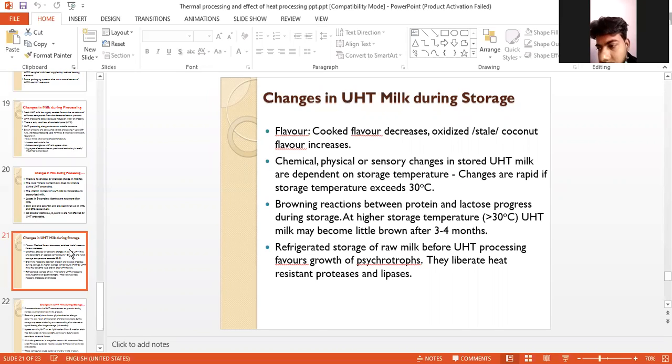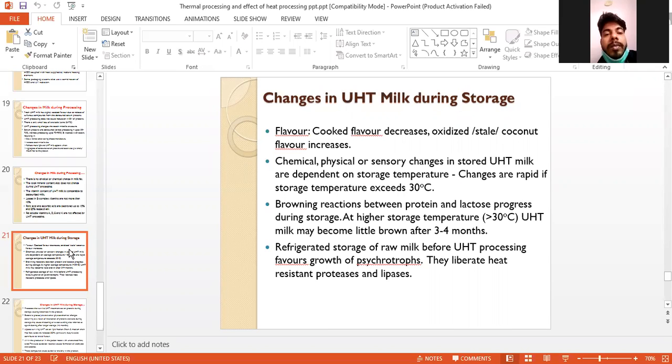Particularly, it has been noticed at storage temperatures of more than 30 degrees centigrade. So UHT milk may become a little brown when we keep the milk for more than 3 to 4 months. This is the browning reaction which may take place between the protein and the lactose during the storage of milk for a longer period of time. And we can also observe that